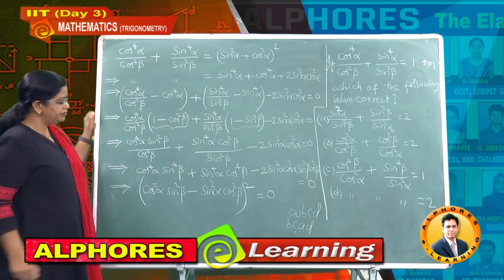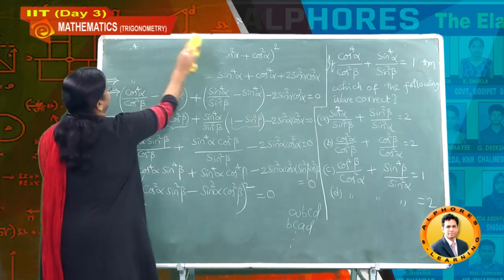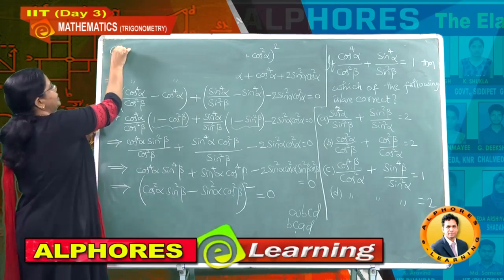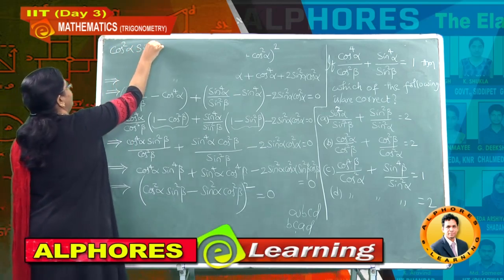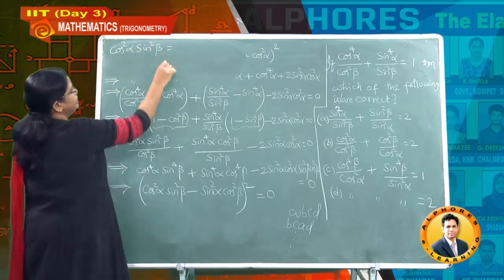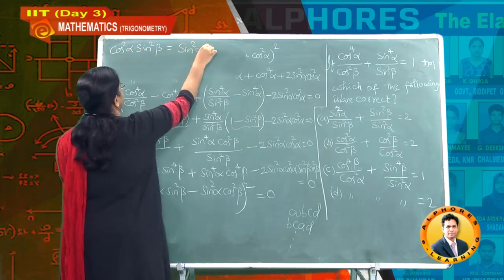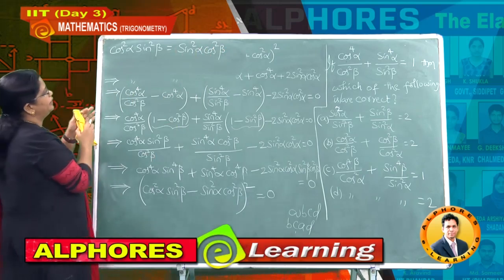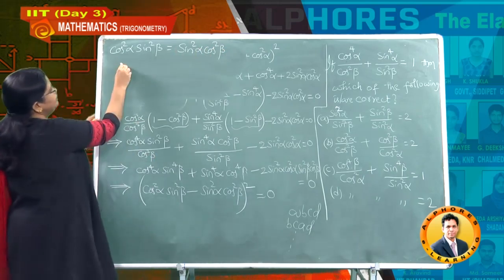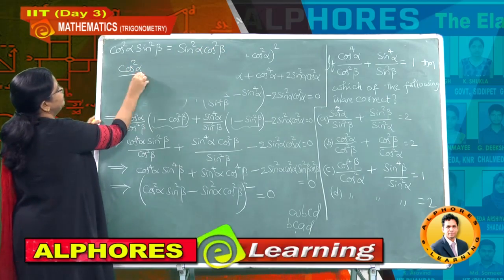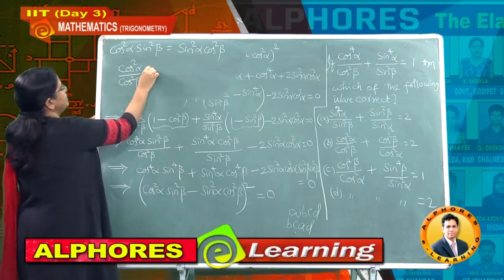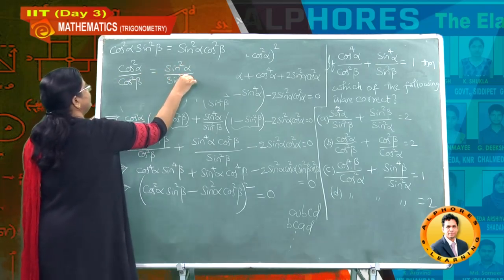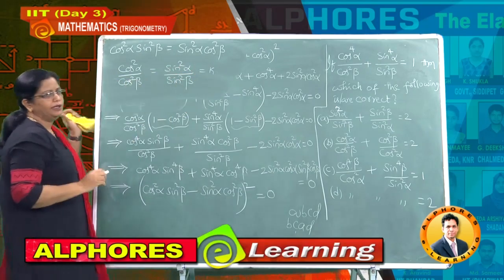Then what is the conclusion? Finally, the conclusion is nothing but that I can write this value cos square alpha sin square beta is equal to, how much you got now? This is sin square alpha cos square beta. And then after writing in this way, I will write here cos square alpha divided by cos square beta equal to sin square alpha divided by sin square beta equal to how much? Some value, let us take, suppose it is k.